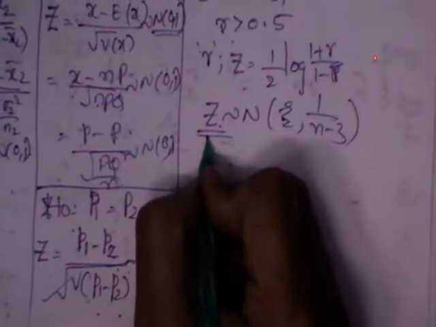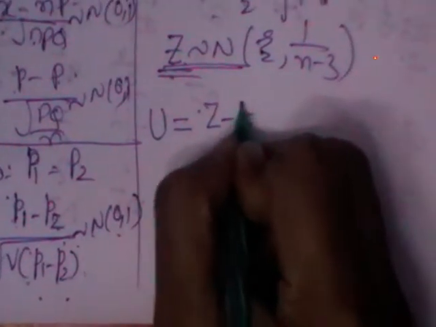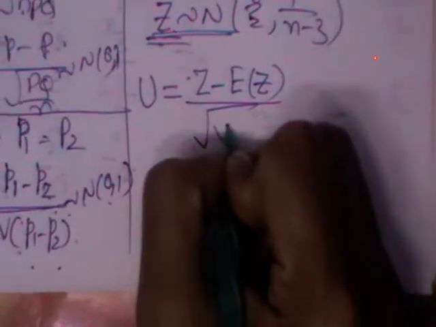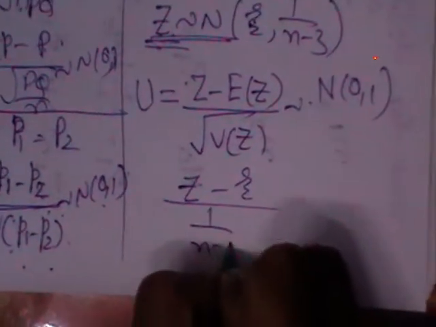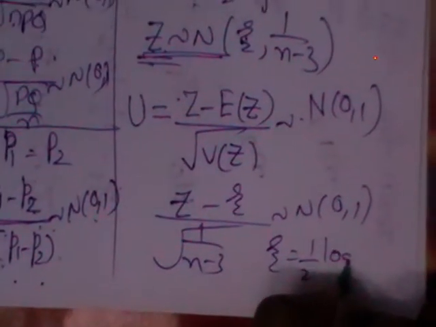As you have already defined the test statistic with Z, and already we are using Z for the transformation, change the test statistic to U. U is equal to, what is the normal variate here? Z. So you can define (Z minus E of Z) by root over variance of Z, which follows N(0,1). That is, (Z minus zeta) by under root 1 by n minus 3 follows N(0,1). Zeta is nothing but 1 by 2 log of (1 plus rho) by (1 minus rho). Again you compare U with Z alpha by 2. If greater, you are going to reject, otherwise you are going to accept.